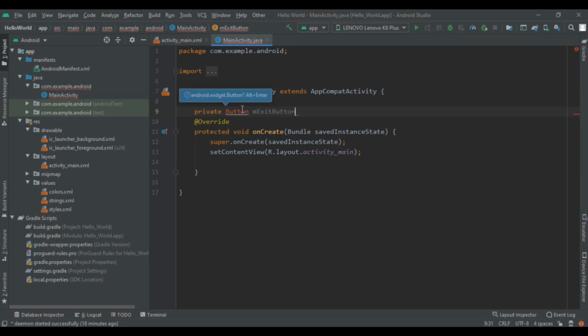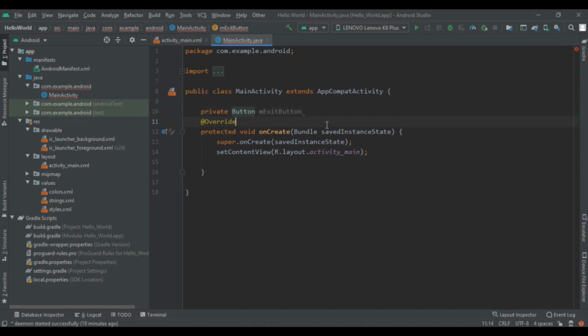It will generate an error, so press Alt Enter. This will import the Button. Now click it and cast our button. So mExitButton is equal to findViewById, R.id.create dialog.